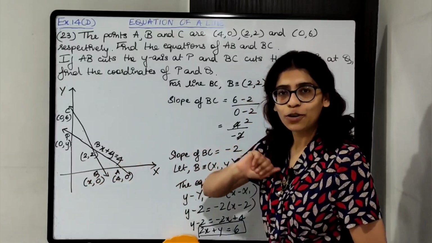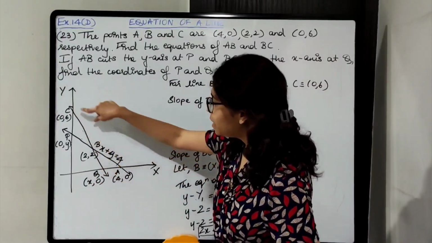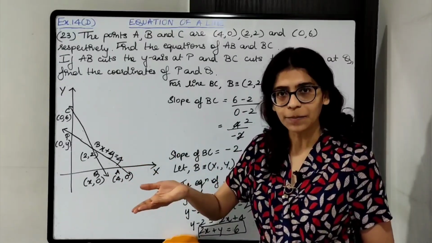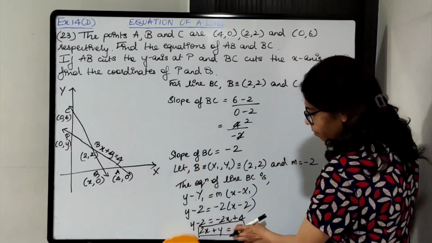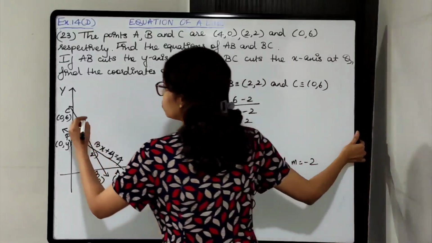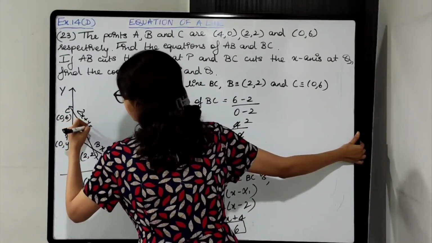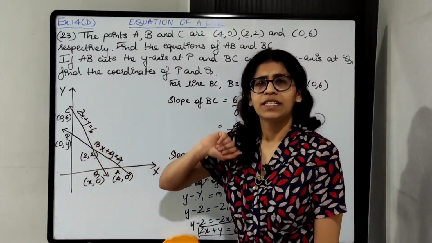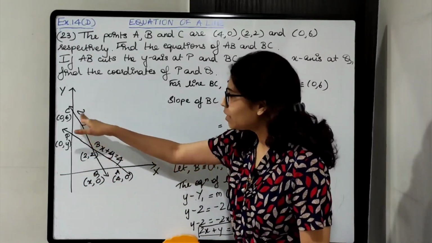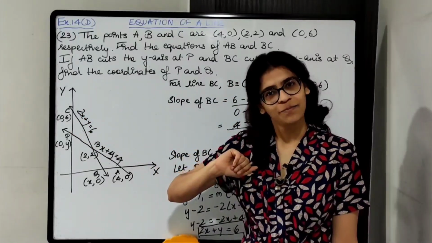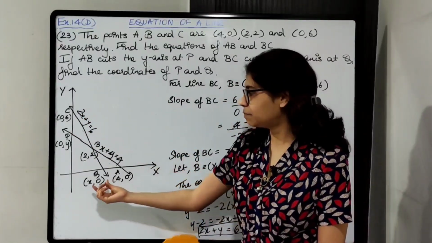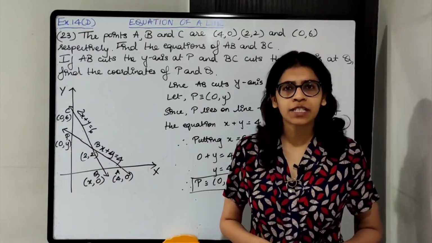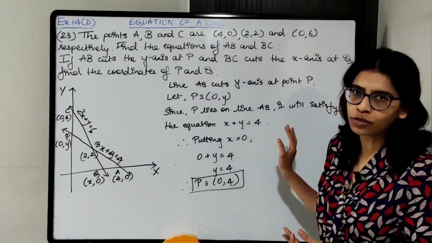And similarly for Q, it lies on line BC, so it satisfies the equation of BC, है ना. So BC का इक्वेशन अभी हम लोग ने फाइंड आउट किया 2x plus y equal to 6. So x as it is, y की जगह पे 0 आ जाएगा. So put the value and find out the value of x. Okay, so it's very easy. Let's find the coordinates of P and Q now. There are some statements that you have to write down. So I have already solved.